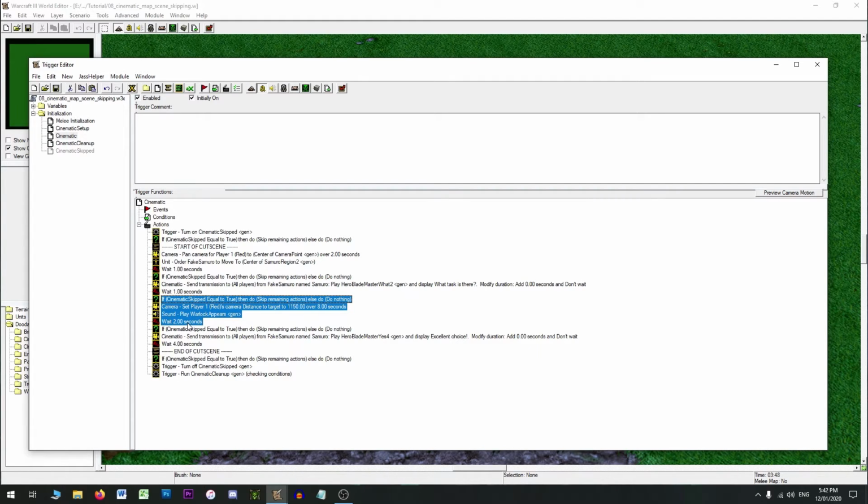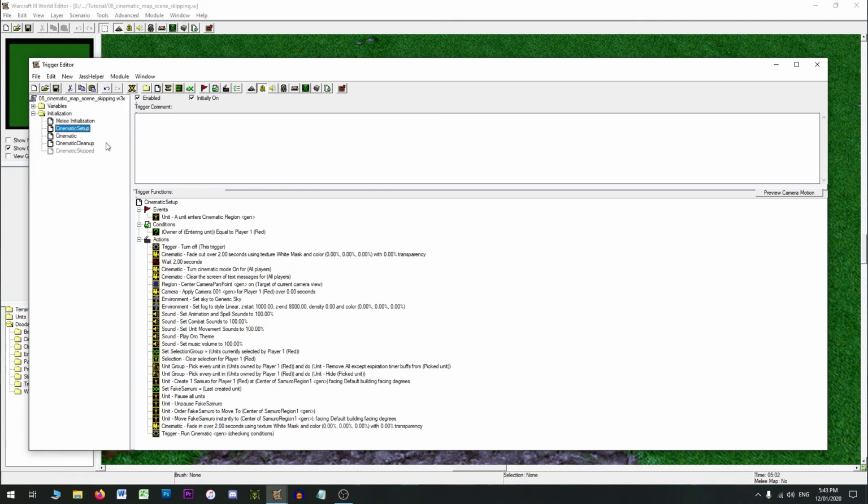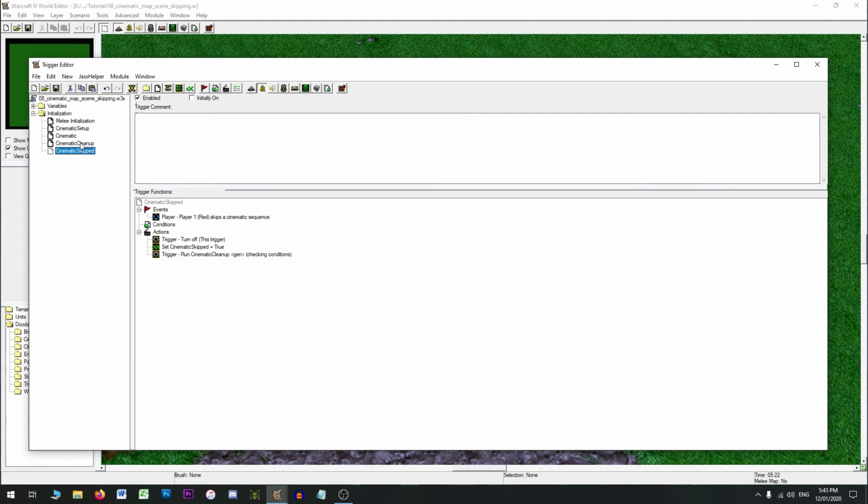So if you are in this situation where you're making massive cinematics, my advice would be to separate this cinematic into separate triggers to make it more easily manageable. For example, if you have a cutscene which has multiple scenes, then you could have a trigger for each scene. But other than that, this is pretty much how you allow players to skip cinematics in Warcraft 3,